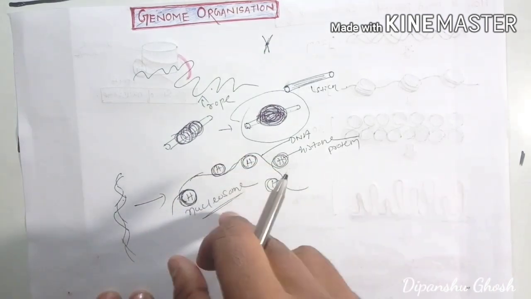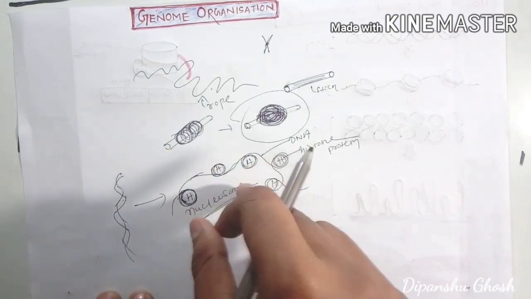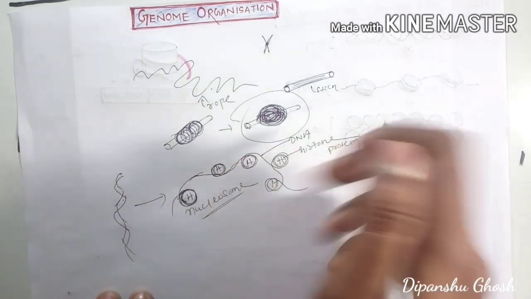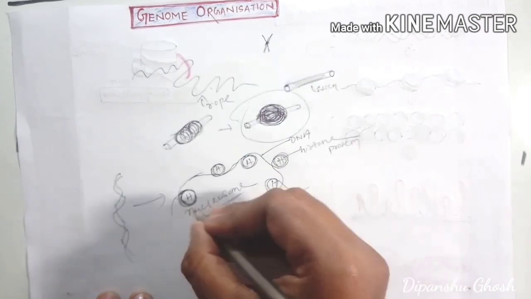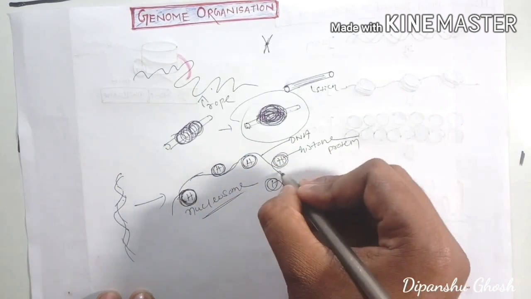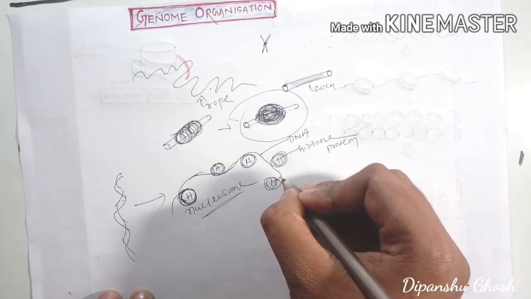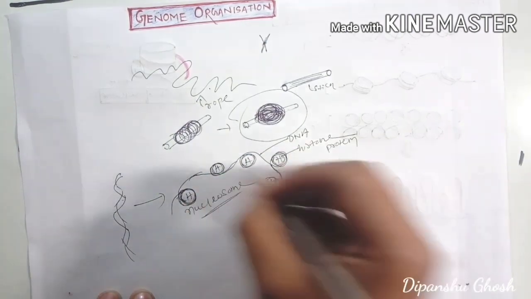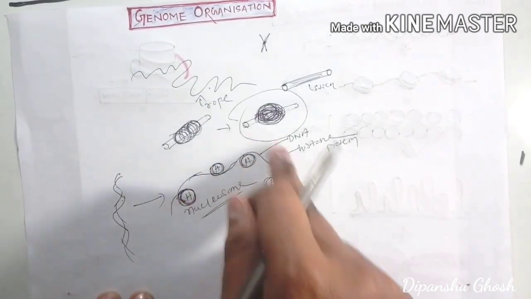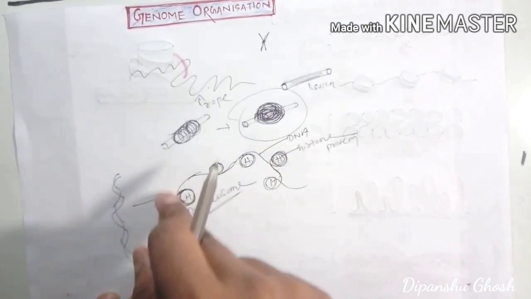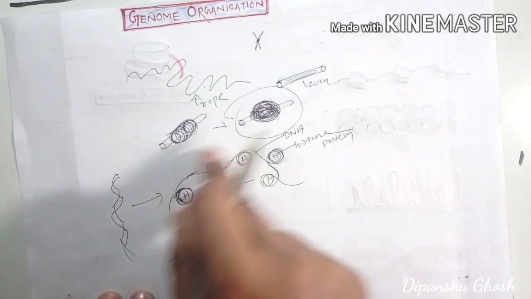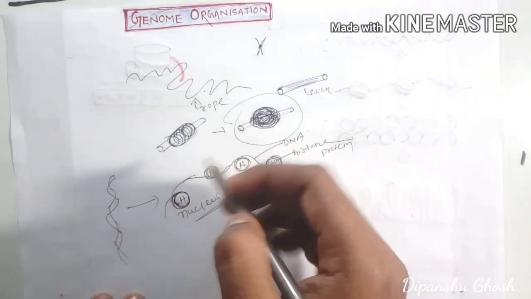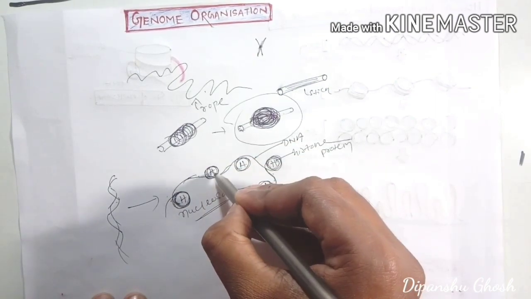So finally, to a certain extent, we have shortened the length of DNA. This is the DNA, and this is histone protein. So DNA plus protein. This structure as a whole will be called chromatin. This is called chromatin because chromatin is actually DNA plus protein. So this is DNA, this is protein, this is histone protein, right?